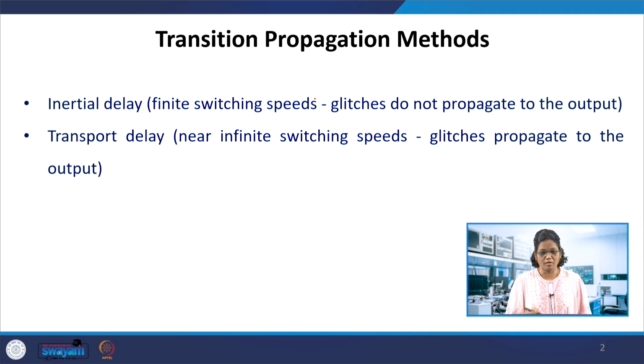What is the equivalent Verilog code for it? What is the model we are talking about? In this finite switching method, if you sample at one instant and then after 5 nanoseconds of delay you sample the data again, the data might have changed in between, so those glitches won't be propagated to the output in the case of inertial delay modeling. So if the glitches need to be avoided, we can go for the Verilog code with the inertial delay model. If you sample at every instant of time, that is infinite switching. That means whatever changes occur in the input will be reflected at the output, so even the glitches would propagate to the output.